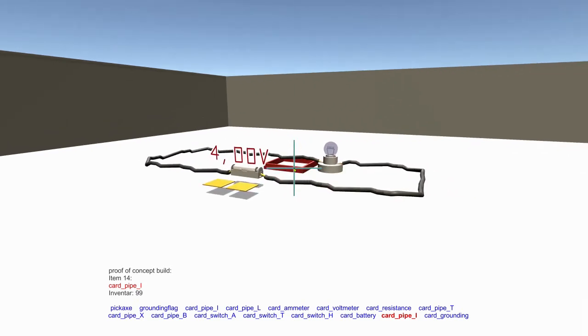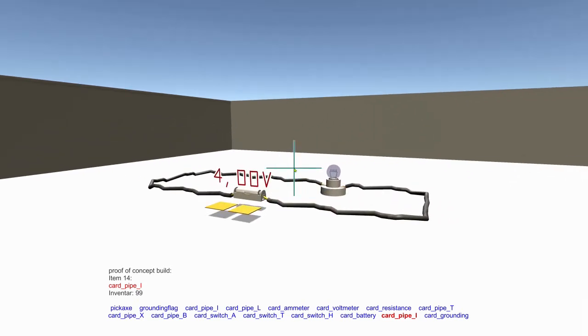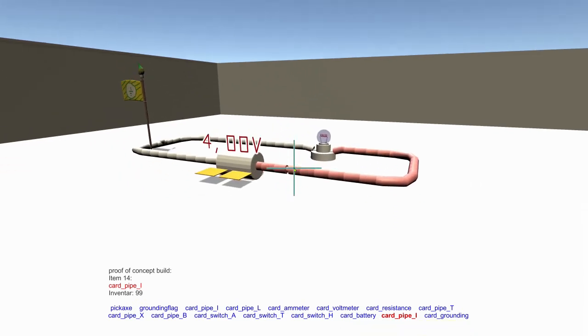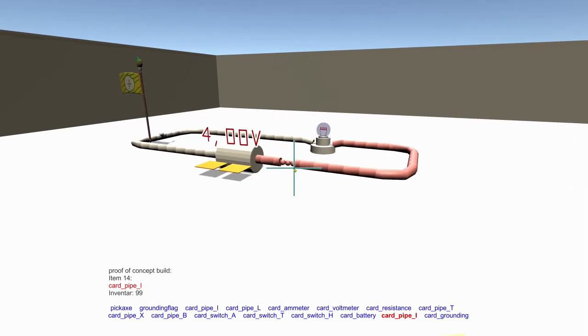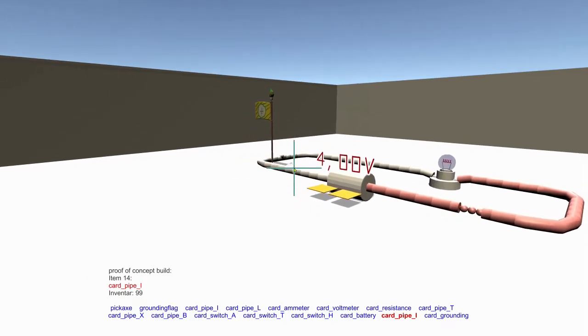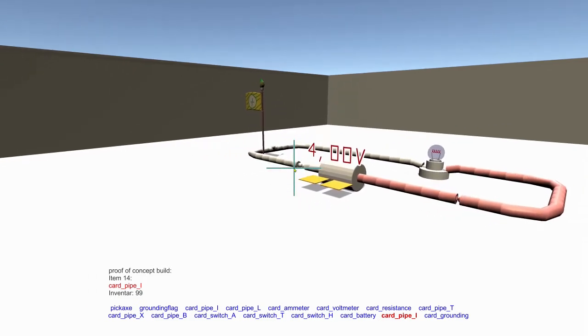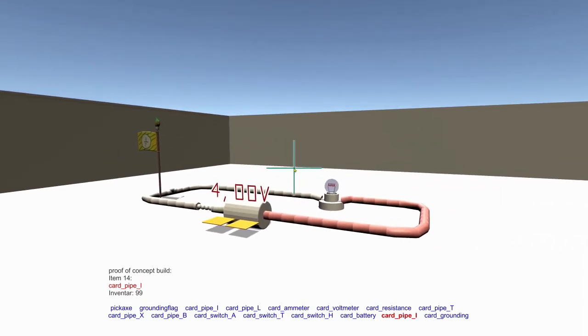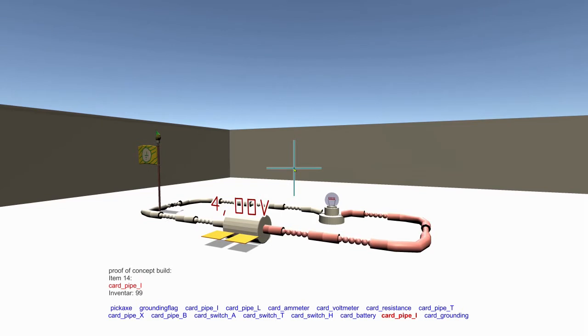In this sketch mode, you can see how the pipes are being colored. Depending on the pressure of the electrons, the pipes become more and more red, or they become more and more blue if the pressure is negative. If we are aiming with a crosshair on specific pipes, these pipes become transparent, so that you can see the marbles symbolizing the electrons going through those pipes.